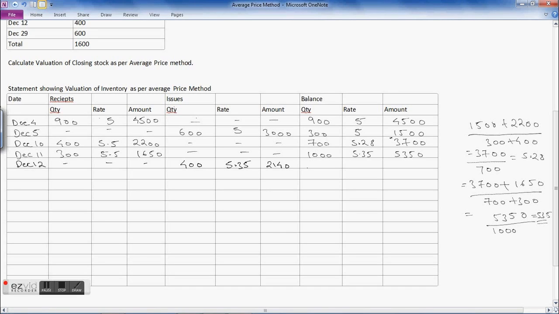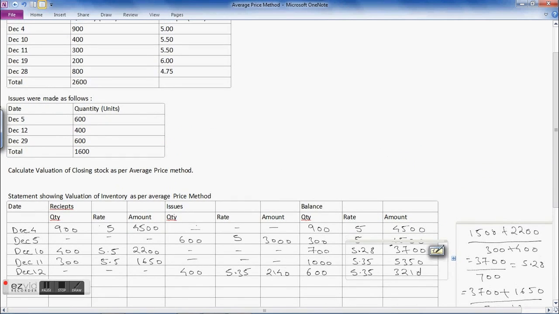That comes to 2140. Then the balance stock is 1000 minus 400, so 600 into 5.35. That comes to how much? 3210. Okay, now the next transaction,